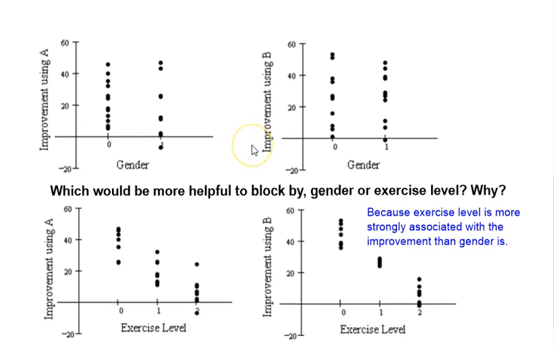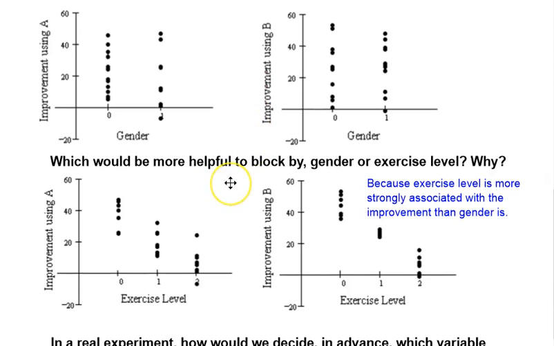Now, if we look at the other last 2 variables that we have listed, gender and exercise level, which would be more helpful to block by? Well, you can see there is no linear association at all for gender. We don't see any positive or negative slope, pretty much undefined slope here, nothing at all that would indicate that gender has any relationship to cholesterol level improvement, whereas exercise level, we definitely see a strong trend that people who